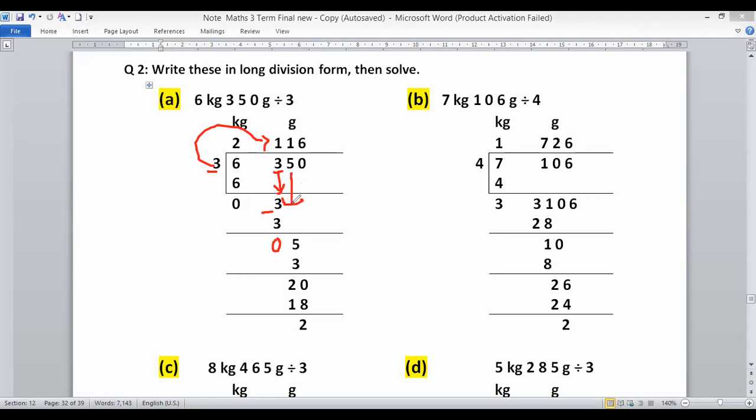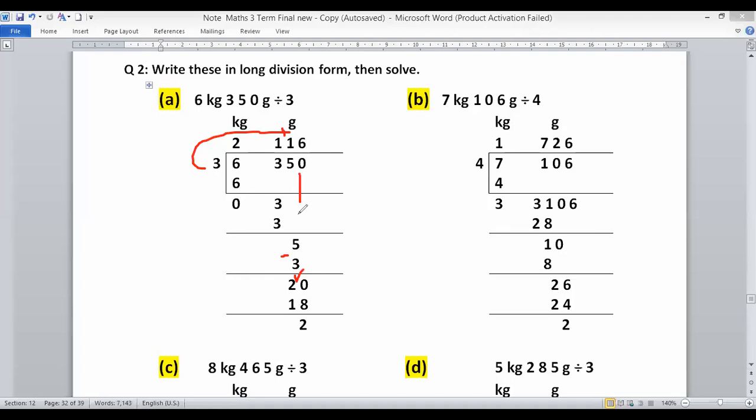After that you have to shift the second digit. The second digit is 5. Now we are going to divide 5 by 3. So we will count the table of 3 again. 3 ones are 3, 3 twos are 6. It means when we multiply 3 by 2 we get 6. 6 is more than 5, therefore we multiply 3 by 1. Again 3 ones are 3. 5 minus 3, 2.